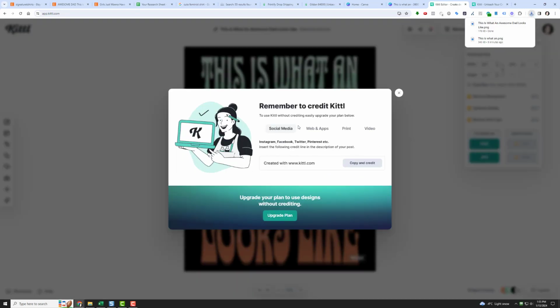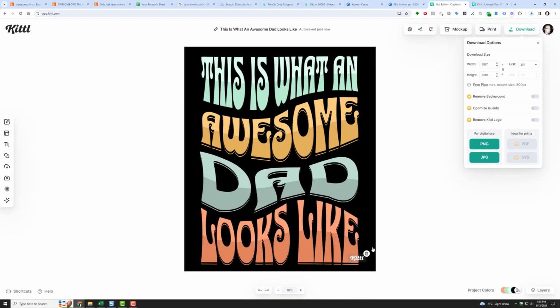If you want to use this, you do have to buy it. Okay. But I do have that on mine. It just has the little Kittl thing on it, which is fine. I mean, they're providing a service, and a very good service too. So you saw how many templates were available on there and how fast I made this shirt. So if I upgrade my plan, I could easily put this design onto shirts, mugs, whatever I want, and I own full commercial rights. So Kittl just made the game so much easier for print-on-demand sellers,